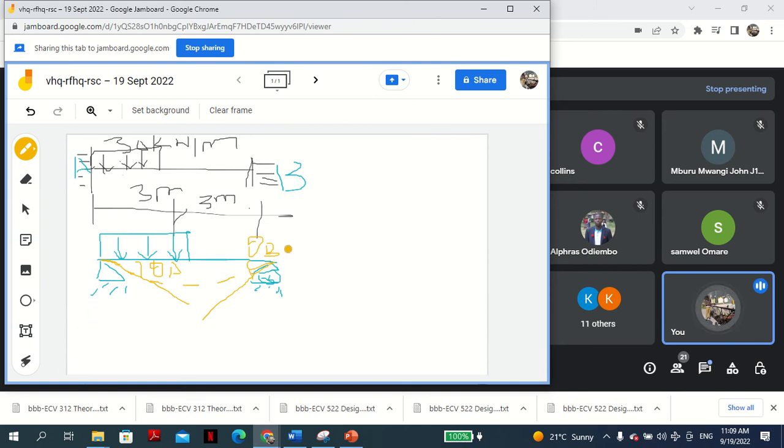So this is the primary structure. This is what I wanted to say. Primary structure